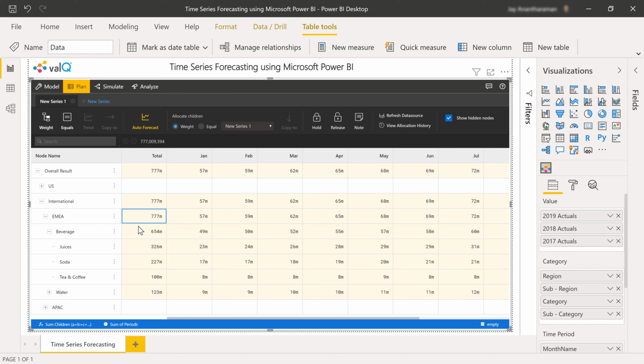When I select apply, something interesting happens. So while we did time series forecasting for EMEA, it also rolls up the results onto the international geography and to the overall company. And ValQ also allocates or spreads this forecast to the constituent categories and subcategories for EMEA based on historic weights. Now I have the option to use different forecasting methods for different regions, different categories and so forth. And with this, we are able to do time series forecasting in